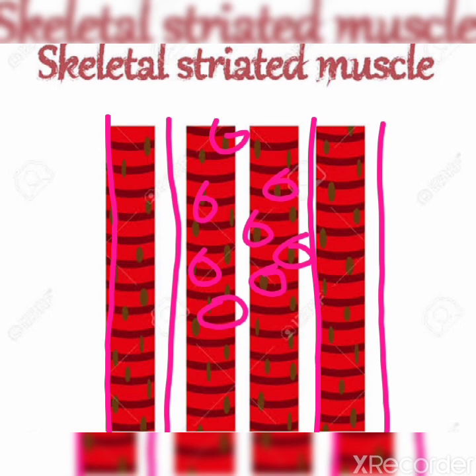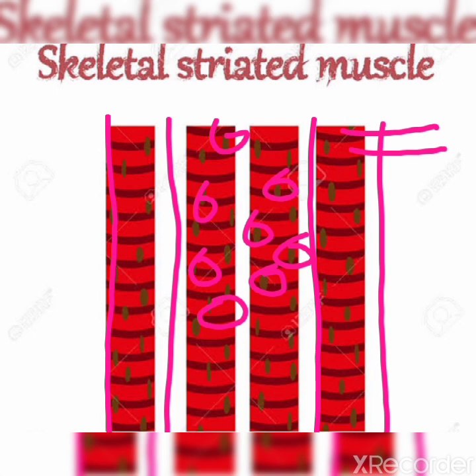Clear, children? And you can see dark and light bands also, which are known as striations. Hence, they are also called striated muscles. Voluntary muscles are also called striated muscles due to the presence of dark and light bands. See this dark brown color and light red color, showing the dark and light bands in the figure.